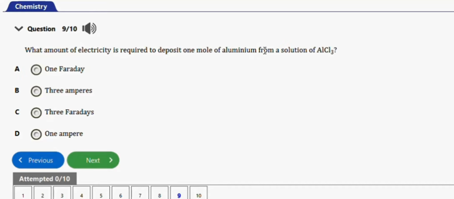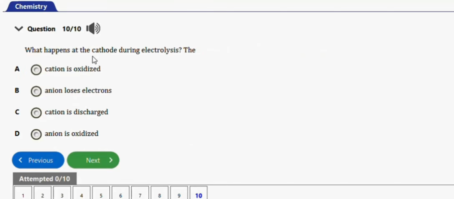It says what amount of electricity is required to deposit 1 mole of aluminium from a solution of aluminium chloride, so it will be 3 faradays. Okay, option C. Last question to end this video is this one. They say what happens at the anode during electrolysis? The cation is